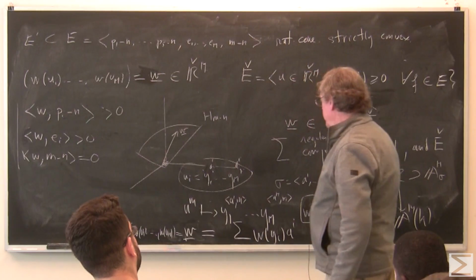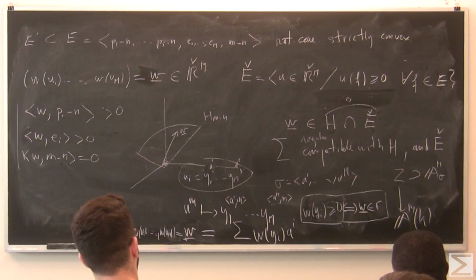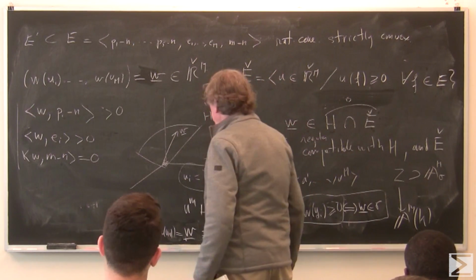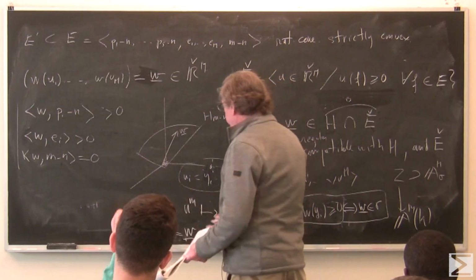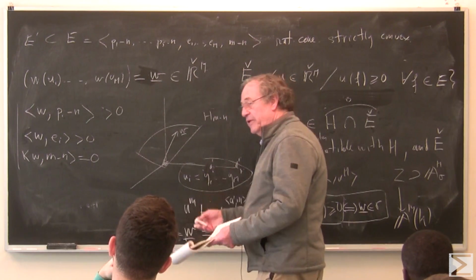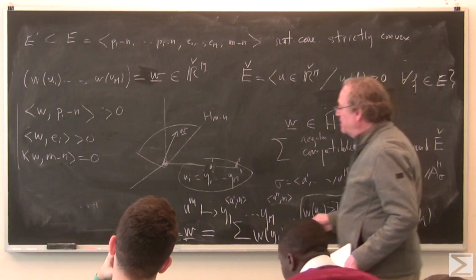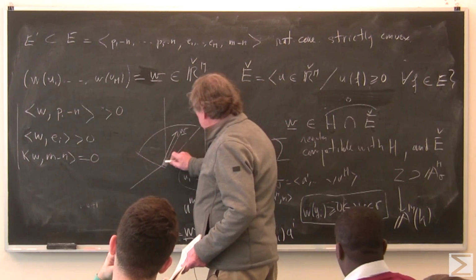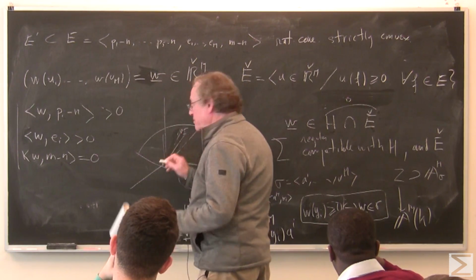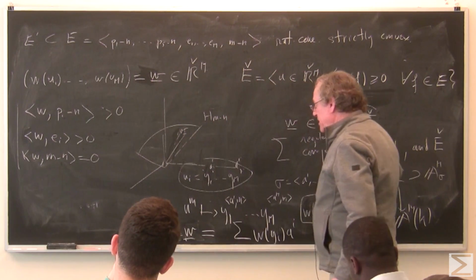E hat, I don't dare try to draw. But what this tells me is that I can certainly, because my fan fills the space, the intersections of my fan with the hyperplane and with E are going to fill the intersection. So I'm going to find a cone which contains W, lies outside sigma,